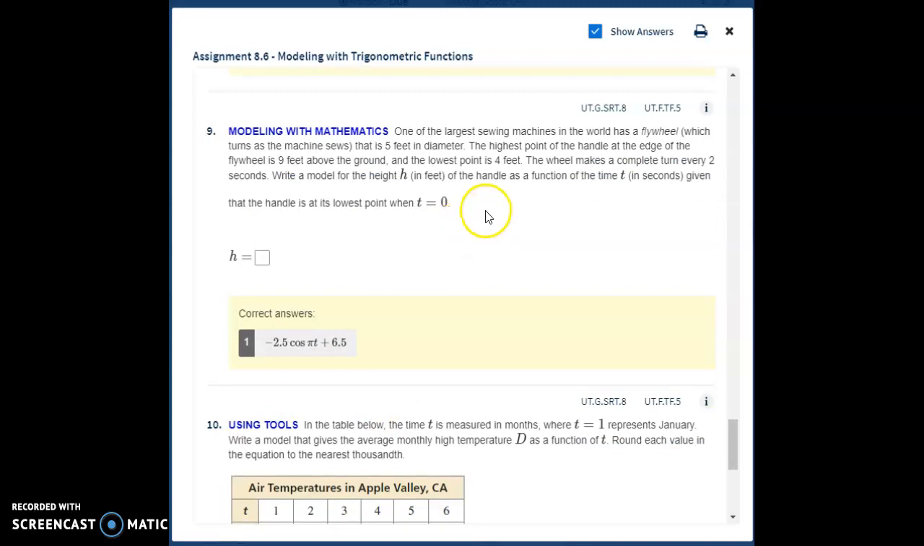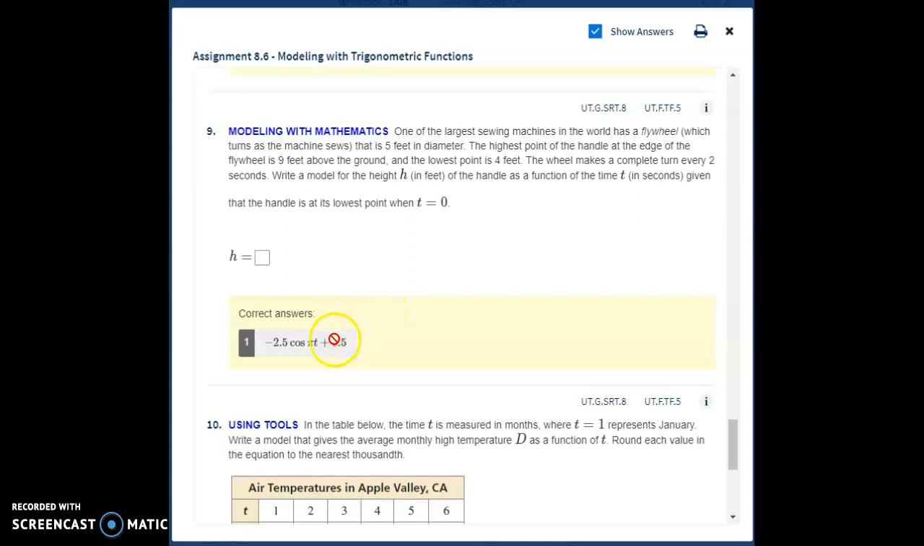All right, so number 9, I'm going to try to explain without drawing a picture, but I actually drew a picture. And so imagine a circle that the bottom of the circle is 4 feet above the ground and the top of the circle is 9 feet. Well, that makes the radius 2.5, and it does tell you the diameter is 5 feet, so the radius is 2.5 feet. So that gives that 2.5 out in front, and it does say that it goes down first. It's a cosine. Oops, sorry. It starts at the lowest point, so it's the negative cosine